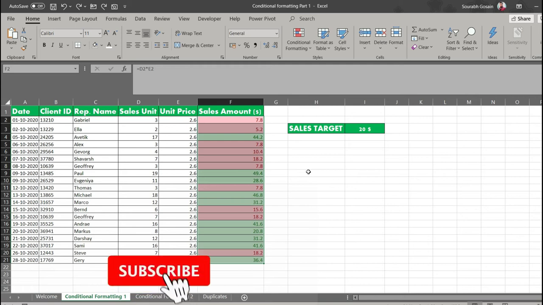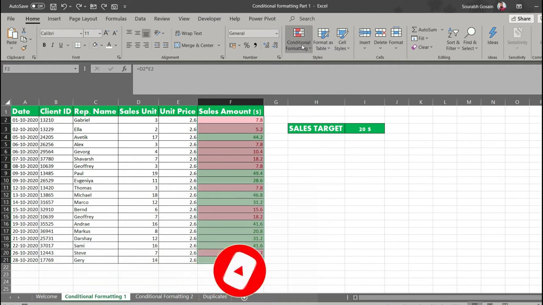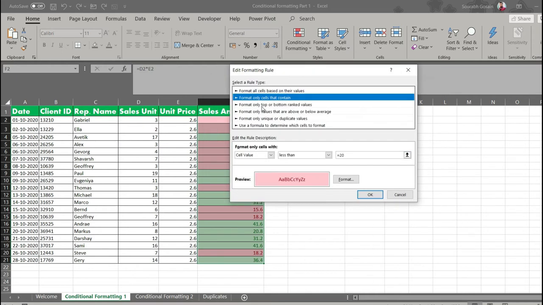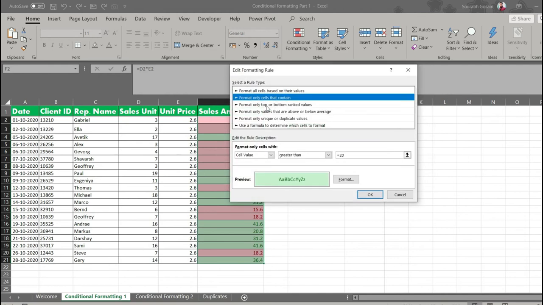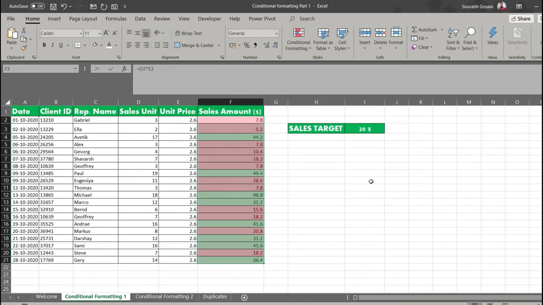And if at any given point you want to jump in and make some changes in these conditional formatting rules, then we need to click on the manage rules option from the drop down menu, where we can see all the rules. And now let's suppose I want to change the sales target to 30. So what I'll do is I'll click on the edit rule and change the number to 30. We'll click OK and we'll repeat the same for the second rule as well. We'll change the number to 30. We'll click OK. I'll apply both the changes. We'll click OK and here it is. As you can see, the 28.6 is in red color as we have changed the target amount to 30.